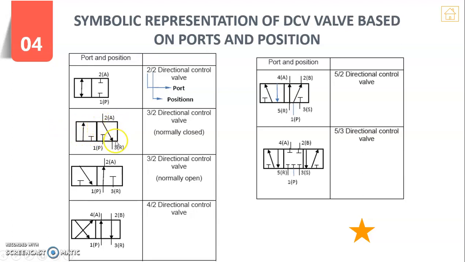This position is said to be on position or off position. Suppose the position is set to be off position, that means your input is internally closed. There is no connection between input and output in the initial state. So this is said to be off condition, so it is a normally closed valve. Suppose here you see 1 is always connected through to 2. Then this position is said to be the normally open position.